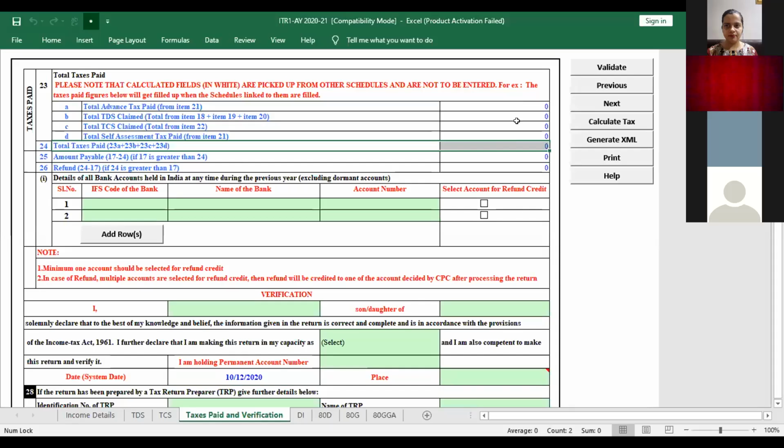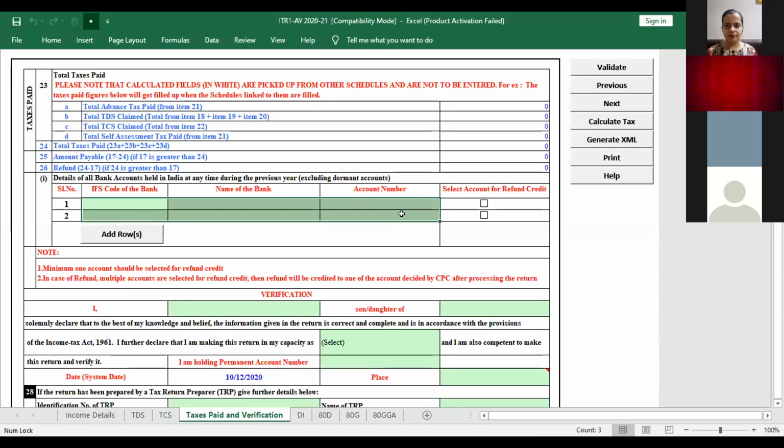I cannot show you any numbers over here because it is not a green column where you can enter details. As Komal ma'am has also explained, the blue figures, the blue details are auto-generated. So once you link it with your PAN number, these numbers will come automatically. After that, you have to fill in the bank details.